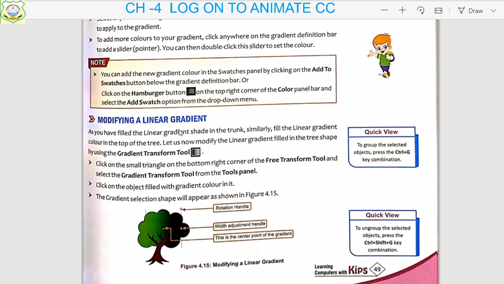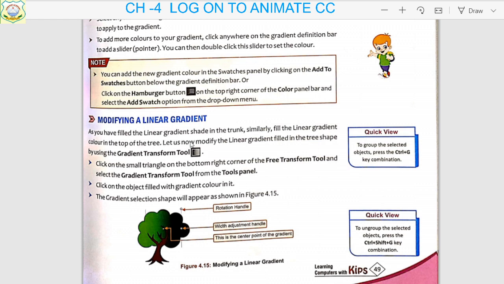So first we choose the gradient option. If you have chosen the linear gradient option, then you can modify it. How will you modify it? Fill the linear gradient color first of all. Now modify the linear gradient filled in the tree shape.